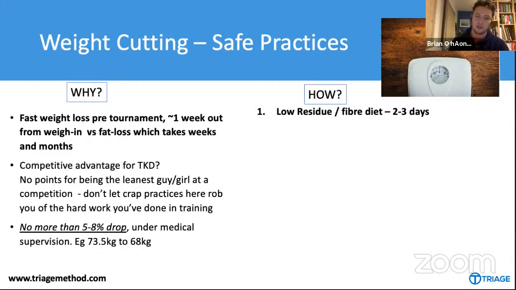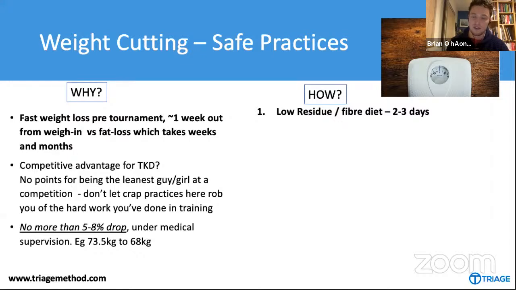But what this looks like in practice is eating a lot of protein rich foods, a lot of high fat foods. These have no residue, no fiber in them. And then reducing your intake of fruits and vegetables, and also eating low fiber carbs. So this is where you'd actually want to switch to things like white bread, white pasta, the kind of lower quality cereals like the Cocoa Pops, Rice Krispies and stuff, because they're all low fiber. So we're going to switch to them, and that residue then leaves the gut.